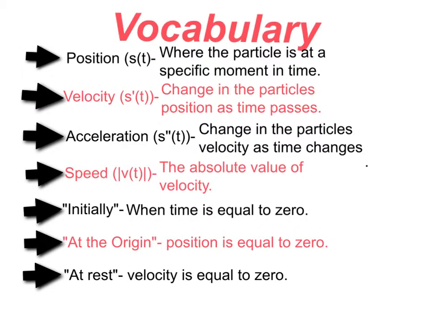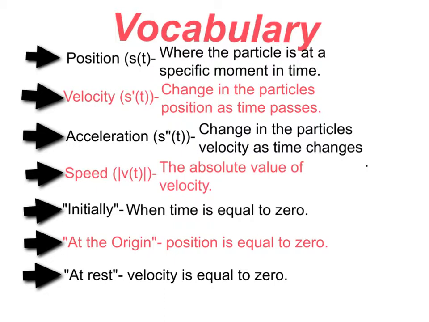Position, which is represented as s of t, is where the particle is at a specific moment in time. Velocity, which is the derivative of position, is the change in the particle's position as time passes. Acceleration, which is the derivative of velocity and the double derivative of position, is the change in the particle's velocity